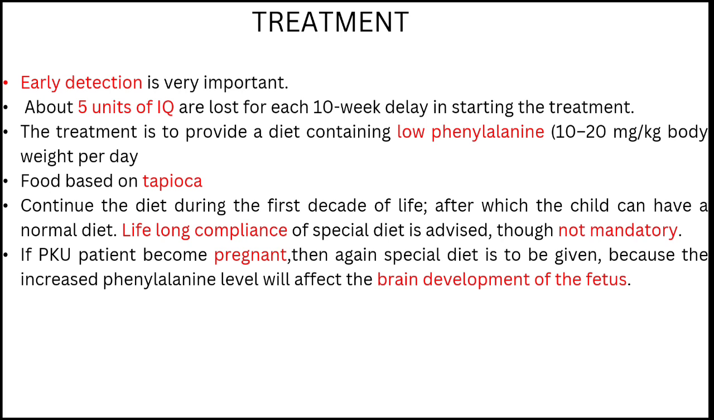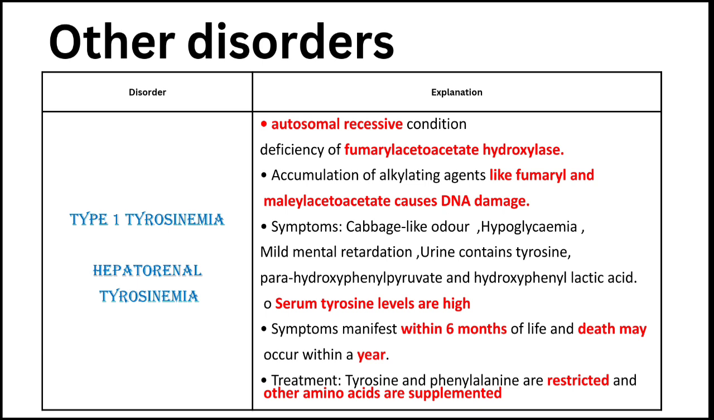Now the treatment. We have to detect it early because every 10 weeks, 5 units of IQ are getting lost. And the treatment is by providing a diet with low phenylalanine. Food supplements like tapioca can be of use here. The patients are advised to have lifelong compliance to this special diet, but it's not mandatory. But in the case of a pregnant woman, to avoid the child from getting brain developmental defects, they need to have the special diet. Other disorders are like type 1 tyrosinemia, which is due to deficiency of fumarylacetoacetate hydrolase